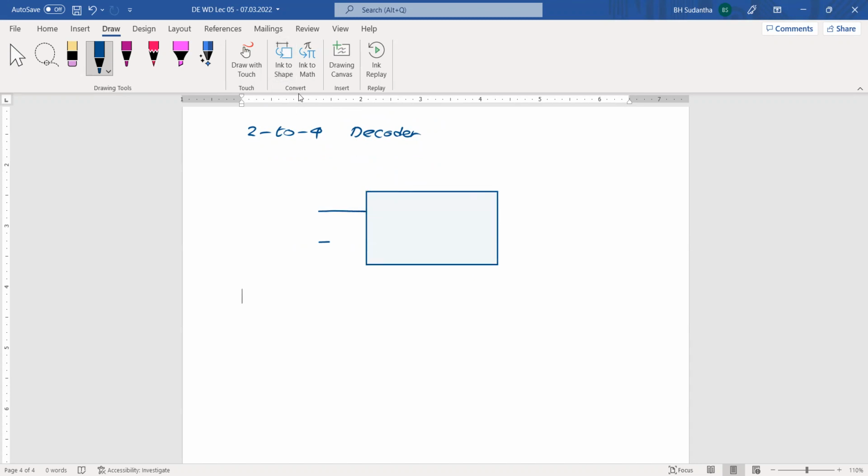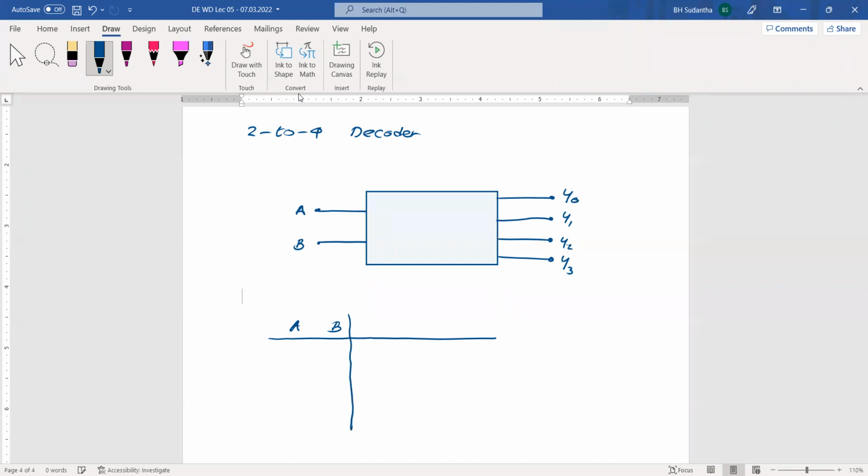Here we have 2 inputs. And this side we have 4 output lines, Y0, Y1, Y2, and Y3. Okay. Then in the truth table, on this side we have 2 input terminals, so we have 2 input columns. On the other side we have 4 output columns